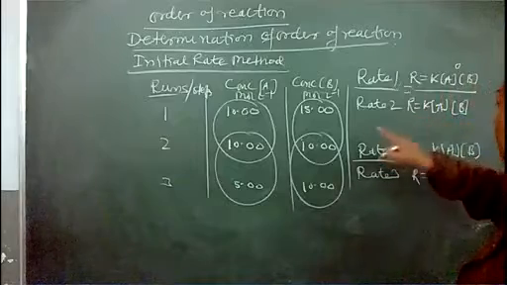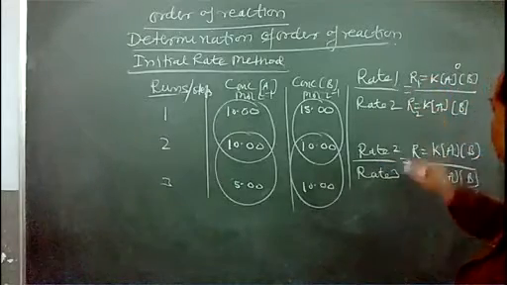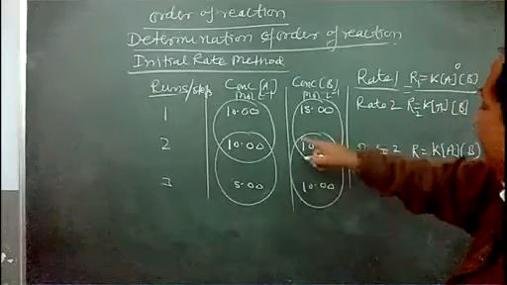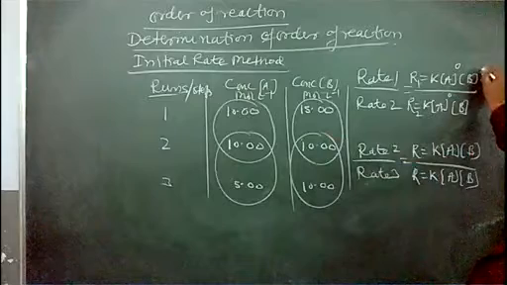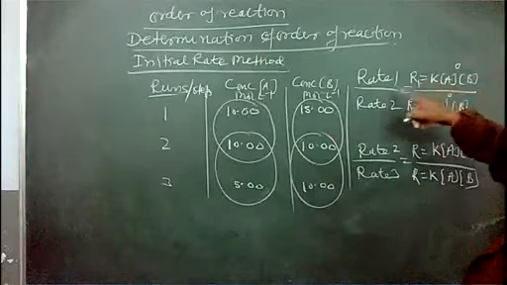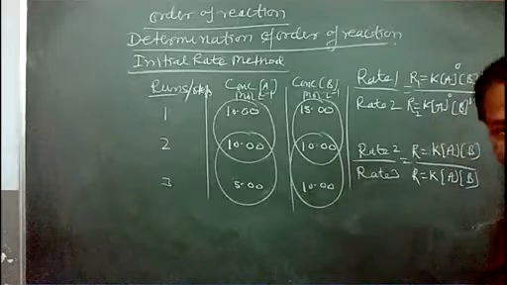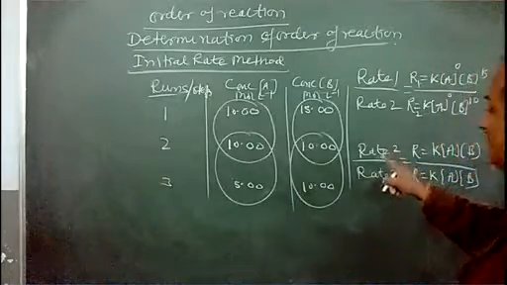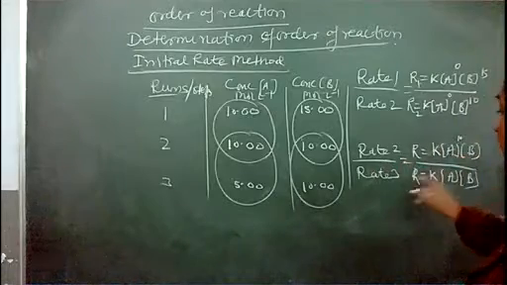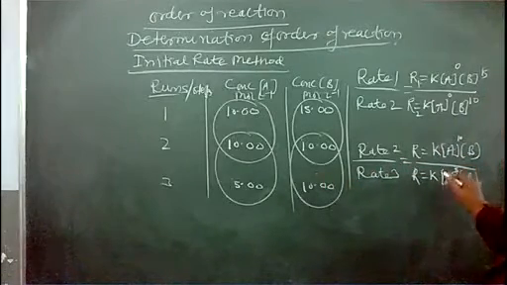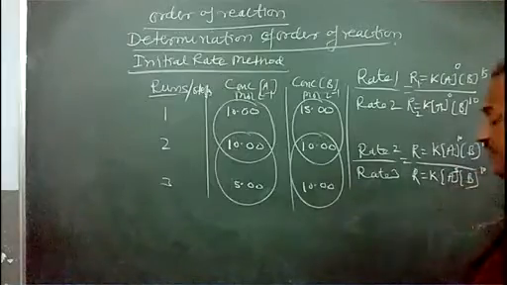Here let it be R1, let it be R2. So here A has no change, and B, in the first it is 15, here it is decreased to 10. Here in rate 2, A is 10, here it is decreased to 5, here B is 10, here B is 10.